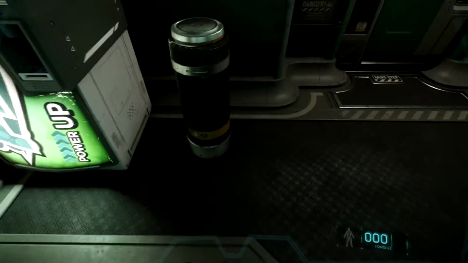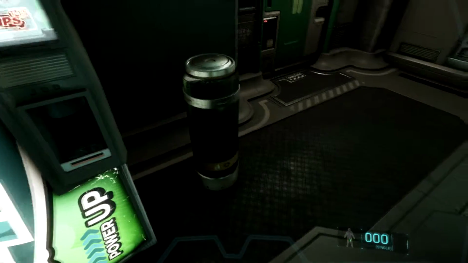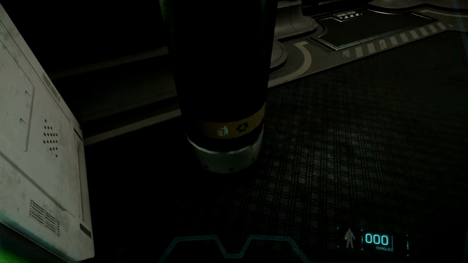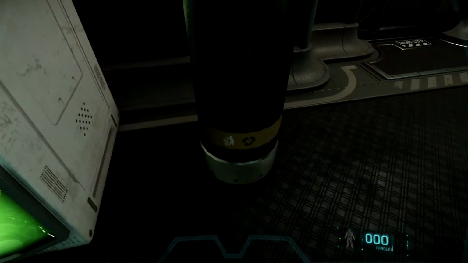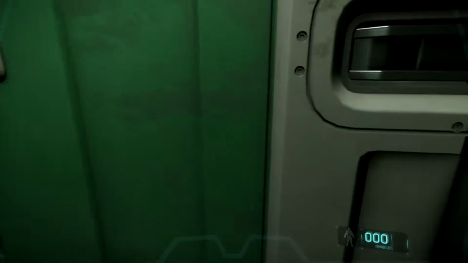So there is that, and there is this thing. I don't know, is this a garbage bin? I mean, obviously it has a garbage bin logo, which we are all familiar with, on it. So it is a garbage bin, but how does it work? That is what I wonder. How does it work? Anyway, so all of these doors...